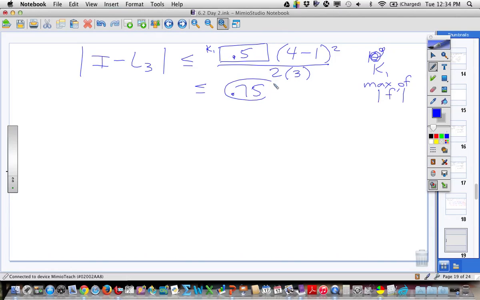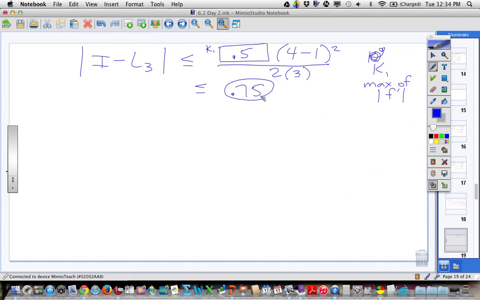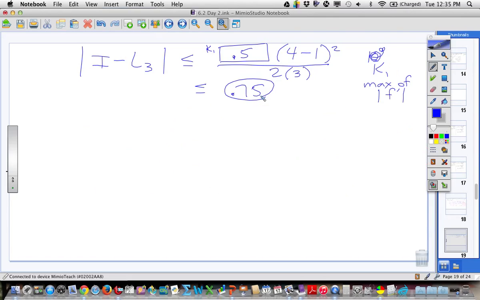0.75. Now is that consistent with what we found back here? They're less than that. In other words, this is our max error. That's what this formula tells us. That 3 left rectangles are going to be off by at most 0.75. At most. Okay? Well, they were off by 0.284. So that fits. They were off less, and that's usually the way it is, because remember, when we use this